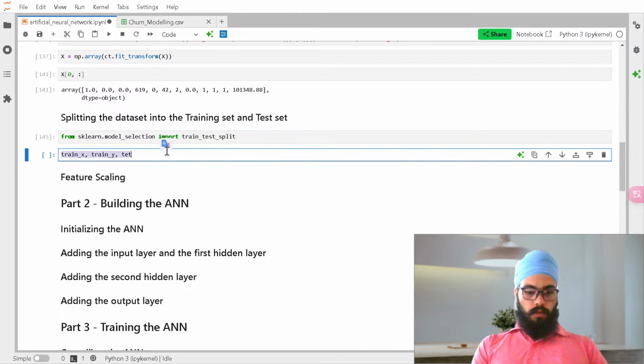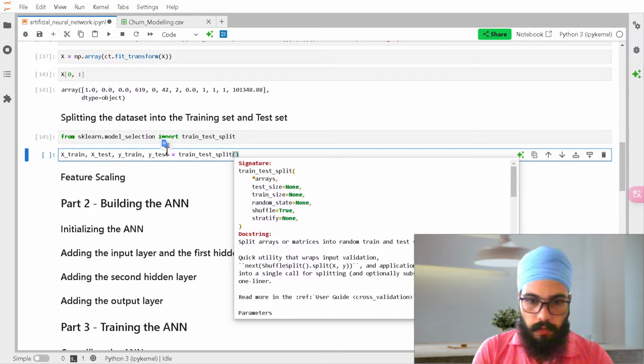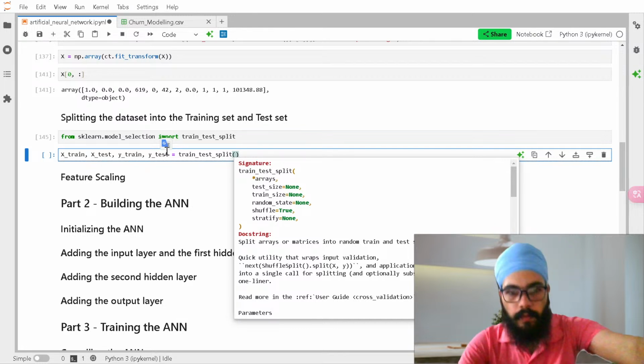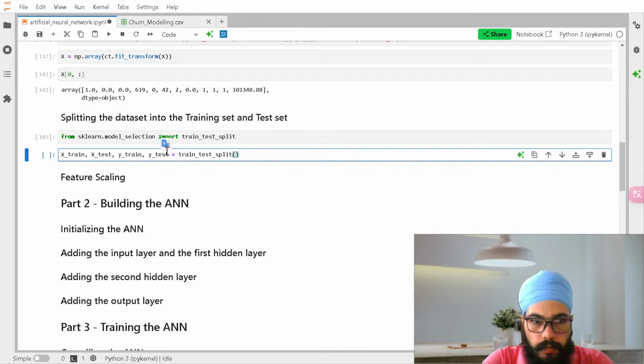Okay, so this is the notation for such variables: X_train, X_test, Y_train, Y_test, then train_test_split. Here we need to pass our array, X and Y,